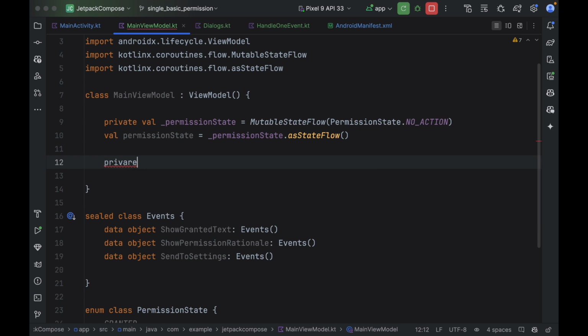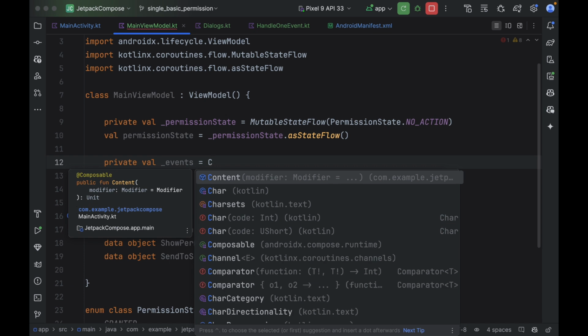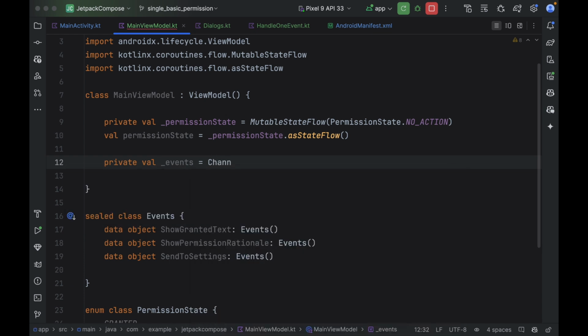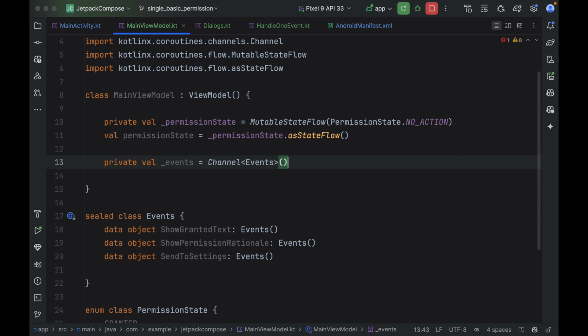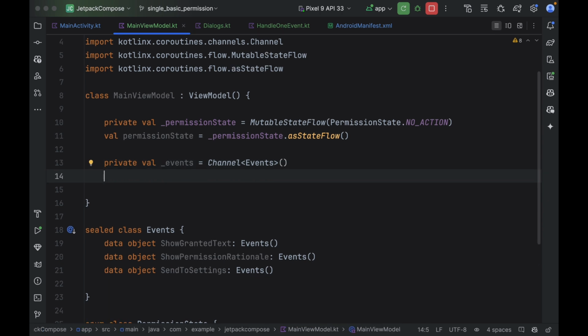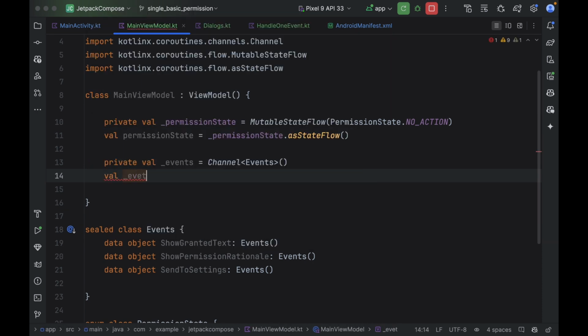The other is the event. I will handle the events with channels. It's similar to the MVI architecture. I have a video on my channel about how to create an MVI project. It's very useful using a channel because the collectors of the event might not miss it when the user is out of the application. So the events have the guarantee that they will be completed. Okay, here I will put events